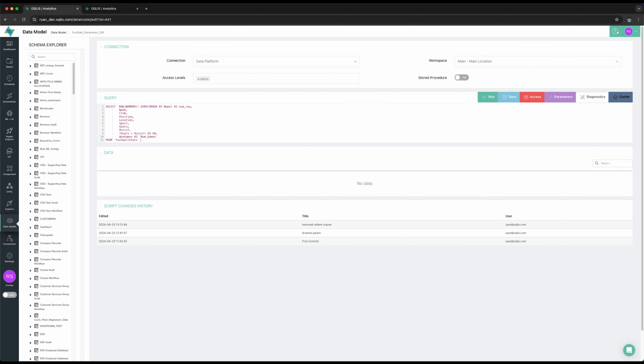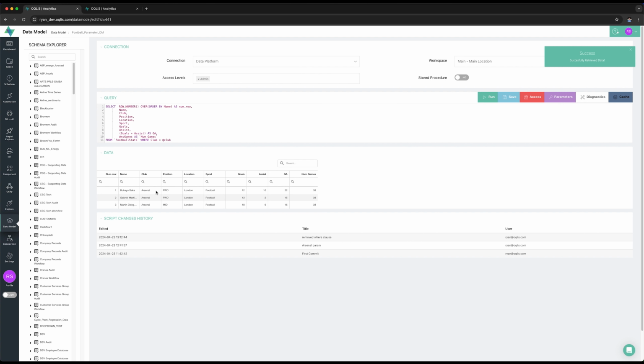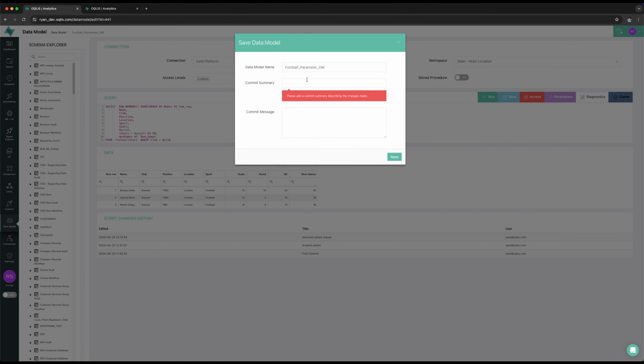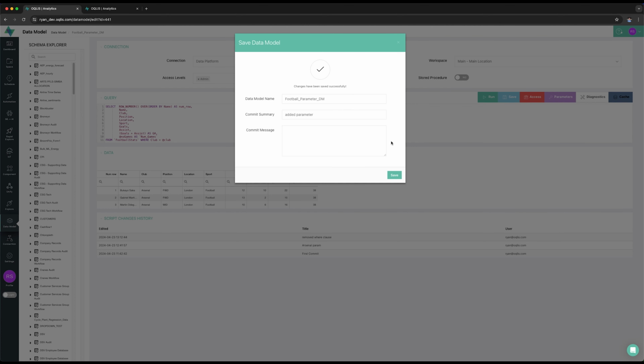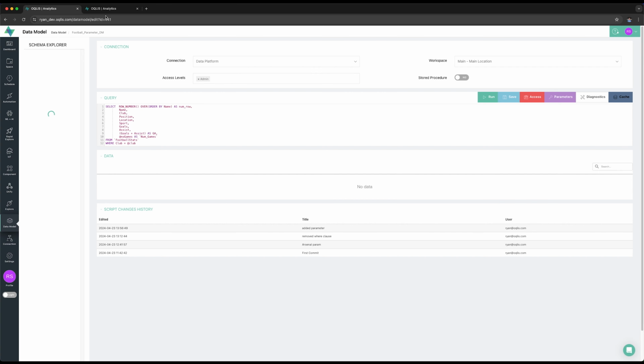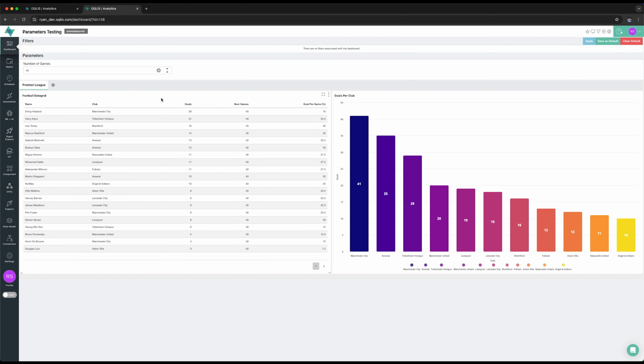And let's put this in the where clause. And now you can see the data is only filtered for the club that has the default value Arsenal. We save the data model. Going back to our dashboard, when I reload this, you will see that the default value of Arsenal will automatically filter all the explores on this dashboard,